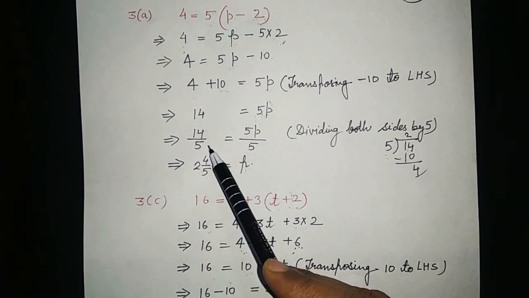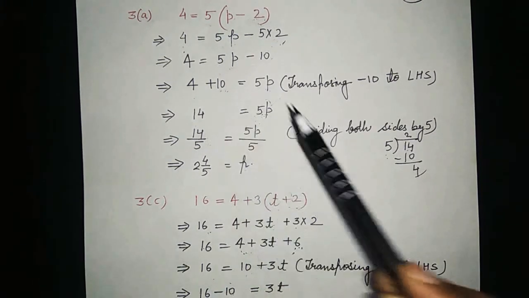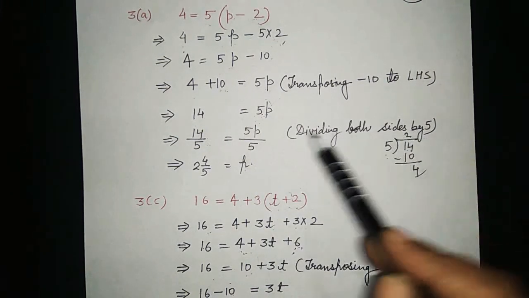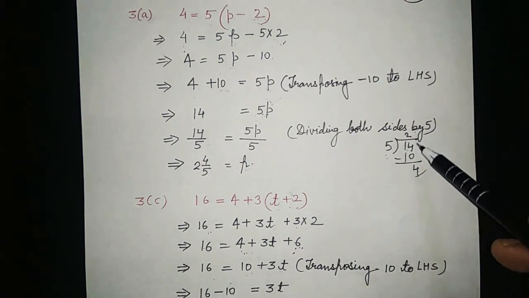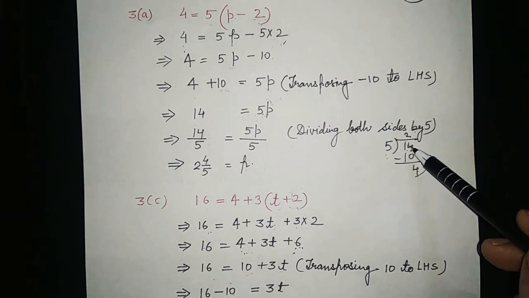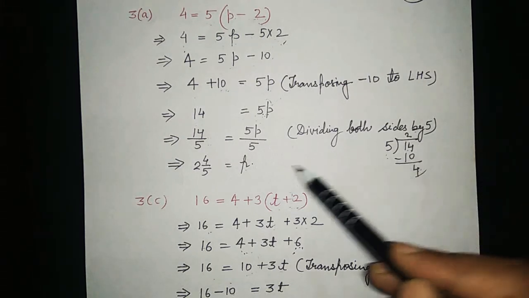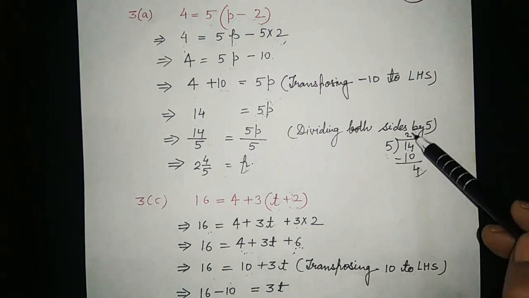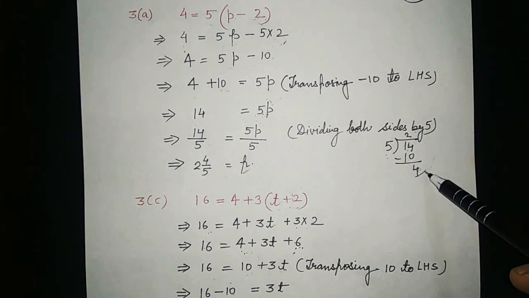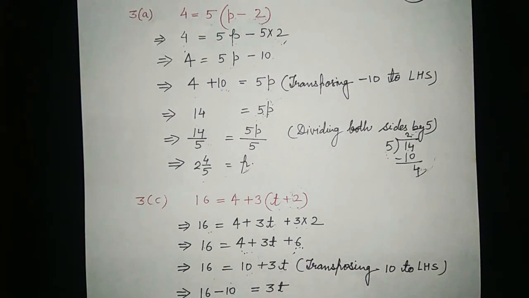And one more thing you can say, that it is an improper fraction. So what can we do? Here we can convert this improper fraction into a mixed fraction. So 5 twos are 10, and here 14 minus 10, what is coming? 4. Now in mixed fraction we will write the value of this p. So p is equals to 2 whole 4 upon 5 will come.